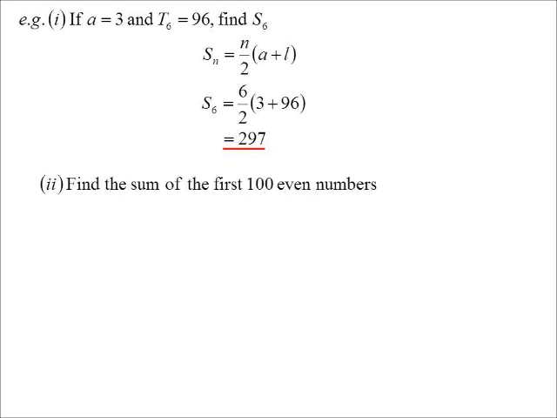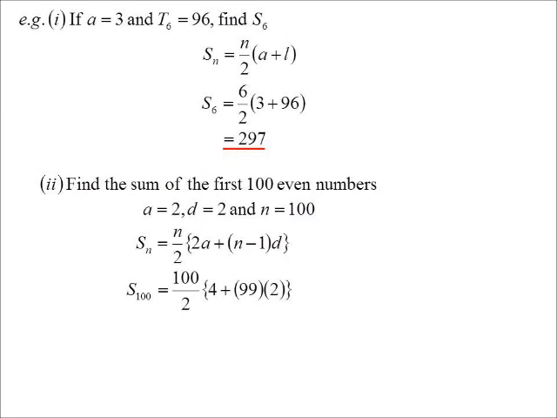Find the sum of the first 100 even numbers. And let's just pretend for a second that I don't know what the last of those even numbers is. Oh boy, the 100th even number? No, I can't work that out. So in this case I'll use the other formula. First term's 2, common difference also happens to be 2, and there's going to be 100 of these even numbers. So we put it into the 2a plus n minus 1 d. Sub in, and again, bit of calculation, there it is,